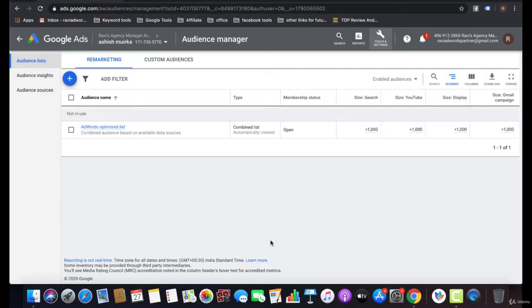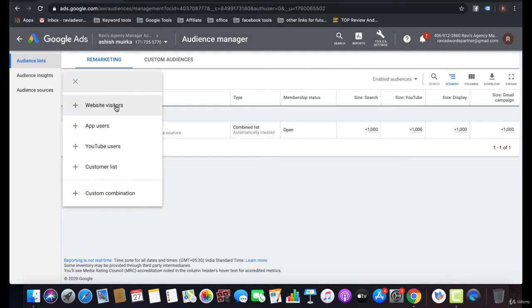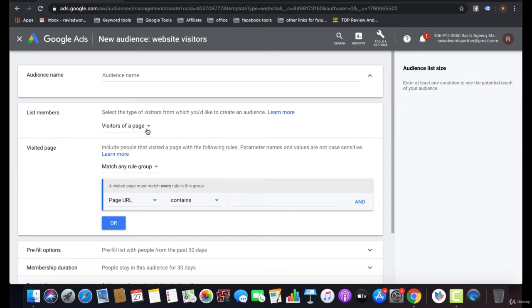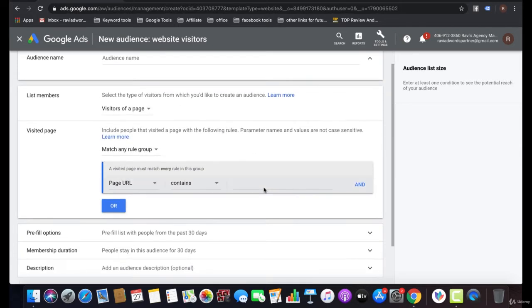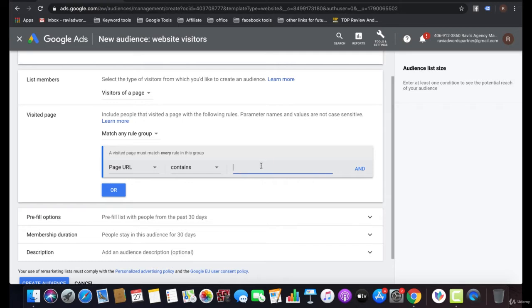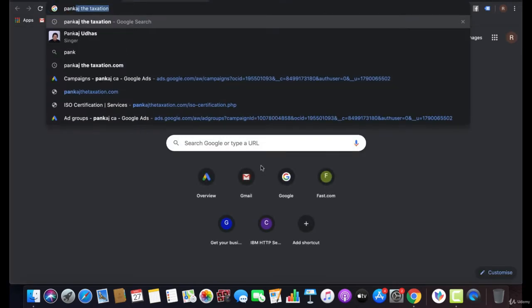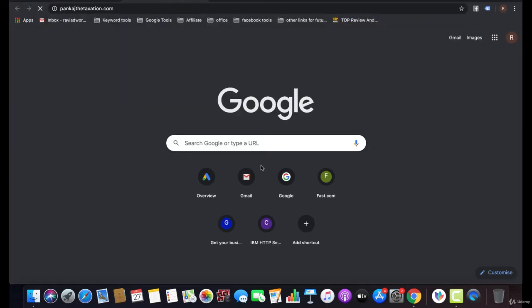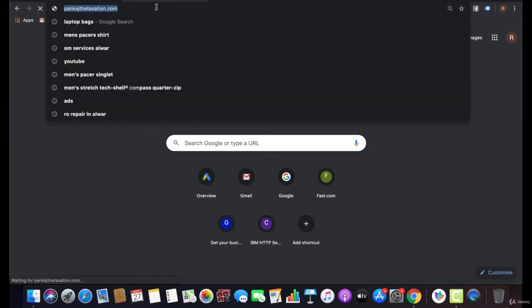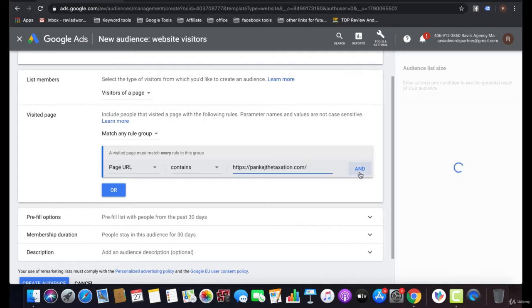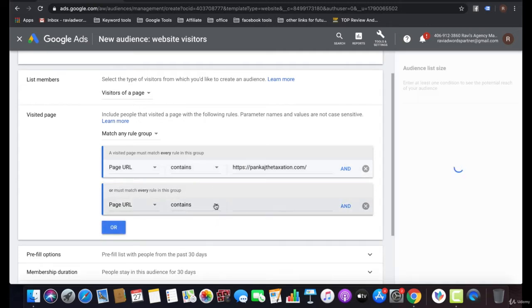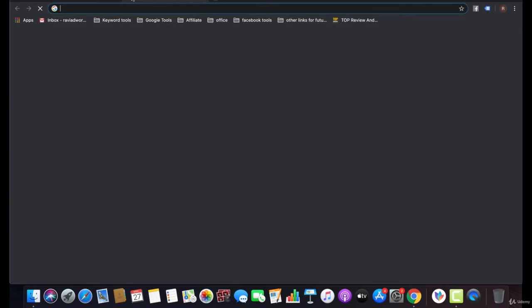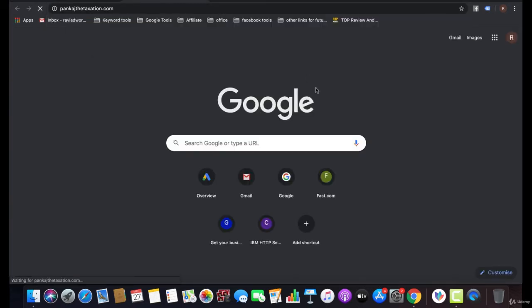In the audience manager, you can set up website visitors. I am going to create a list of website visitors who have visited my page that contains this website, and who have not visited my lead form page, like the contact page.